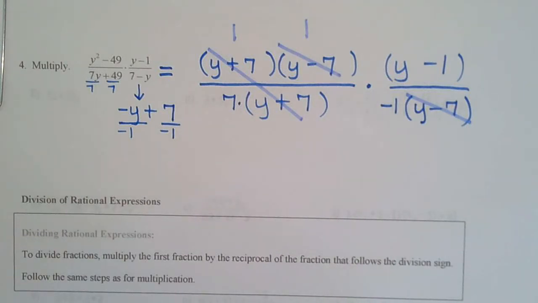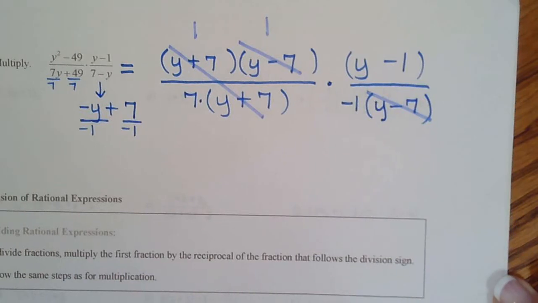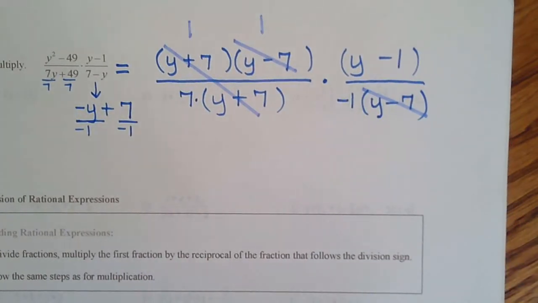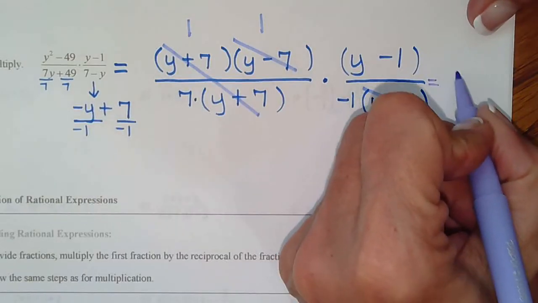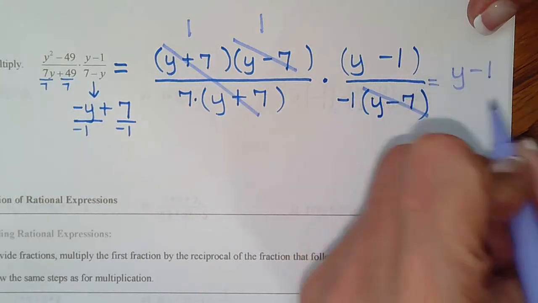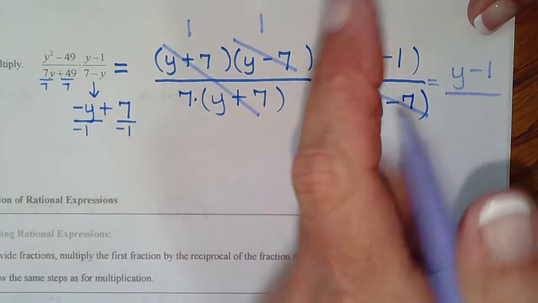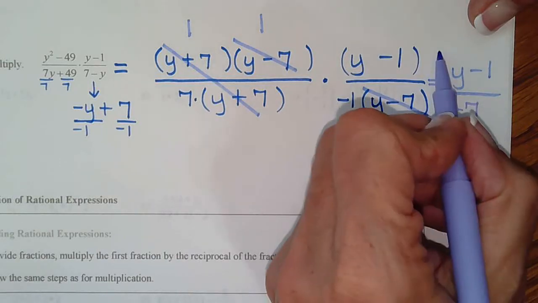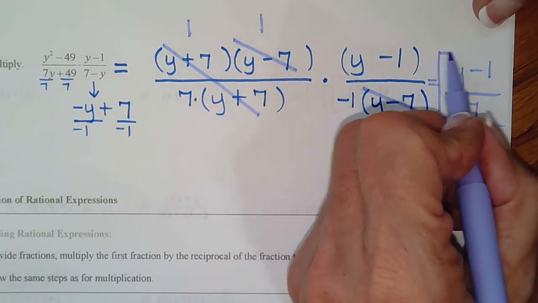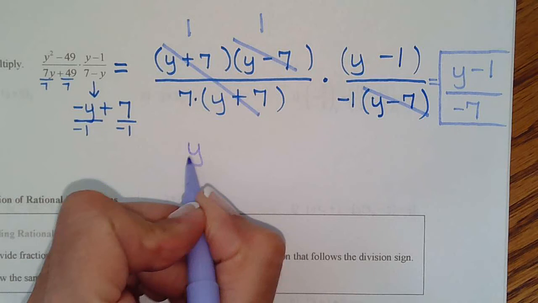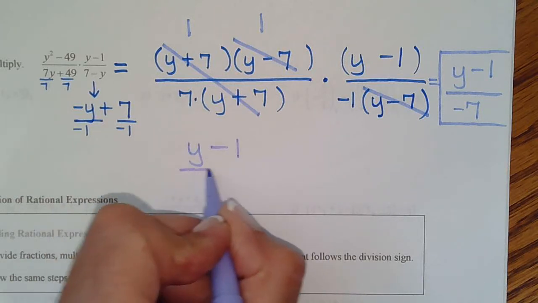So now it's looking like we have y minus 1 over negative 7, 7 times negative 1. So y minus 1, you can take the parentheses off of that now that that's gone, and then 7 times negative 1, negative 7. There's my answer. We really don't like the negative with the denominator, so maybe a better way to write it